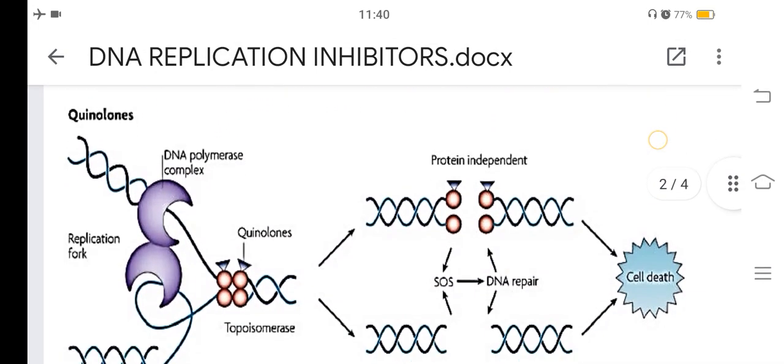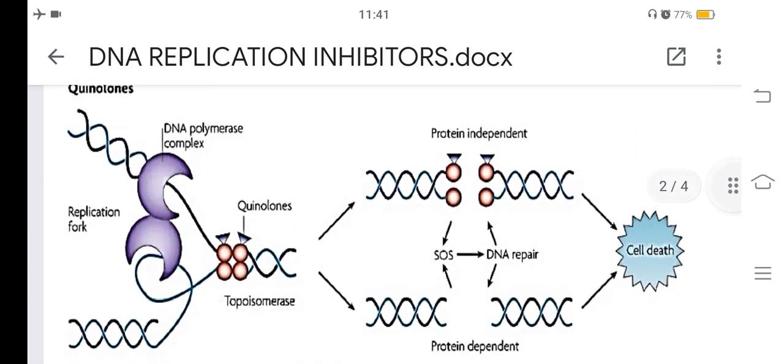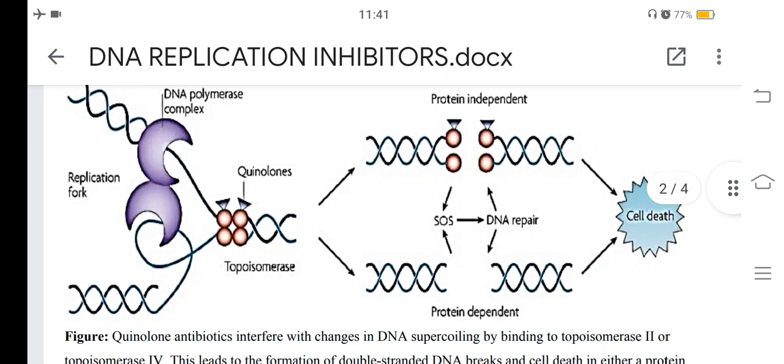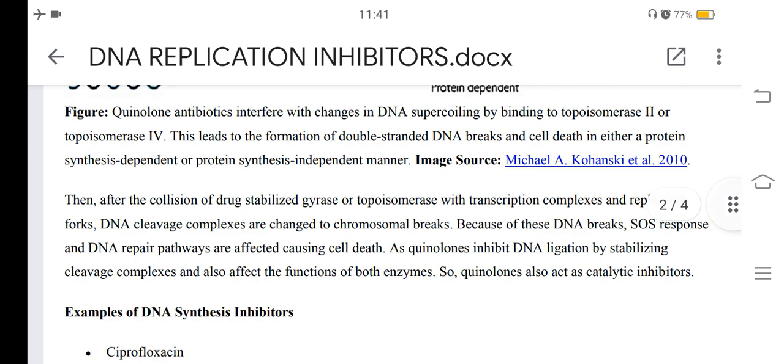So quinolones are there, and you look at the structure. DNA polymerase complex is their application for quinolones, and then topoisomerase is also there. So protein synthesis independent SOS DNA repair, protein synthesis dependent cell death will be happening. Quinolone antibiotics interfere with changes in DNA supercoiling by binding to topoisomerase 2 or topoisomerase 4. This leads to the formation of double-stranded DNA breaks that cause cell death in either a protein synthesis dependent or